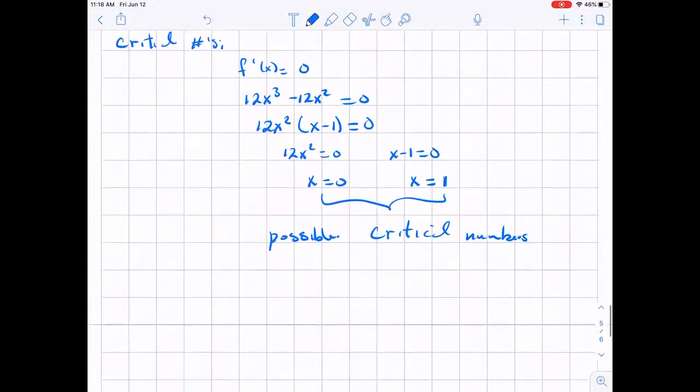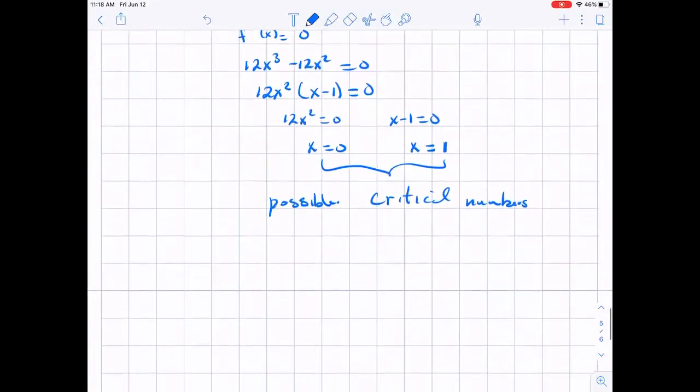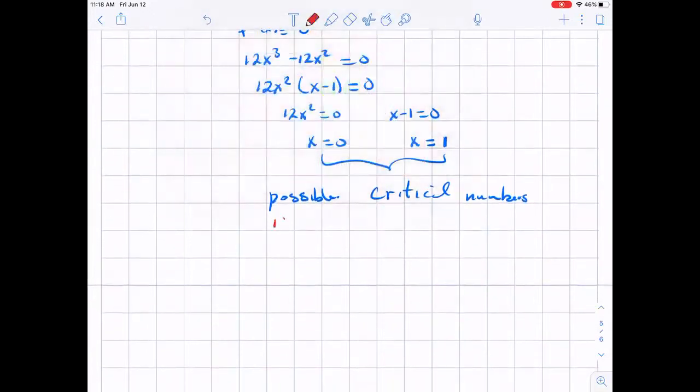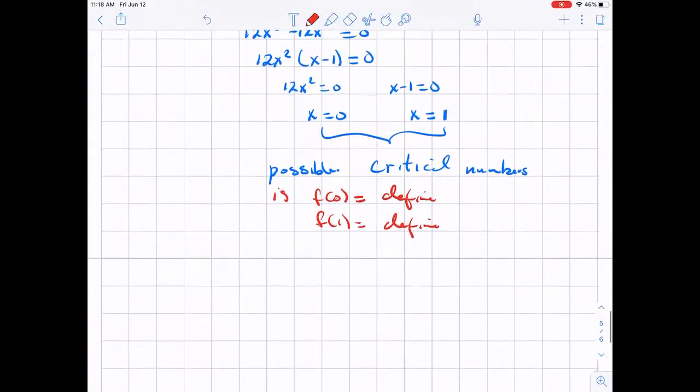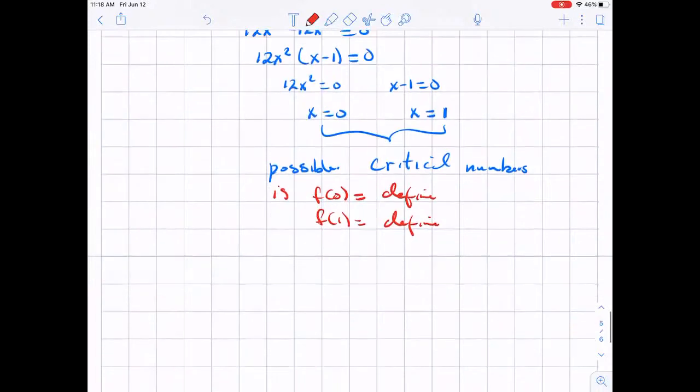And there's a reason we said possible, because is f of 0 defined, and is f of 1 defined? That's why we say possible. Because sometimes you're going to find critical numbers and you will have to ignore them at some point. Now, because this was a closed interval,